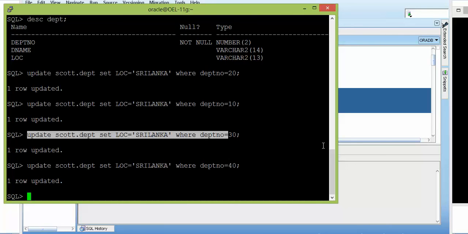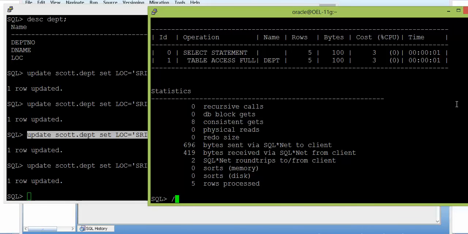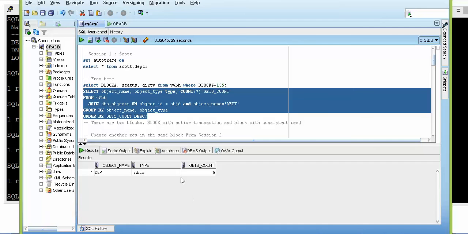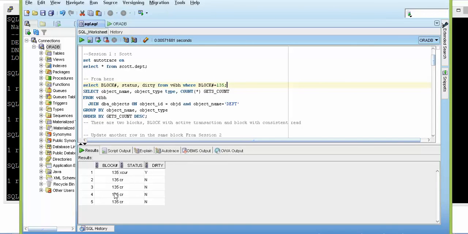What I'm trying to do is change the SCN number on the data block in the buffer cache, and as soon as the database sees there is an SCN number change on the data block in the buffer cache, it tries to create a new consistent read copy in the same database buffer cache, and it tries to serve the new SQL statement that we are running on this session. Okay, so now I have run it, and again let me see if the count goes to 10.